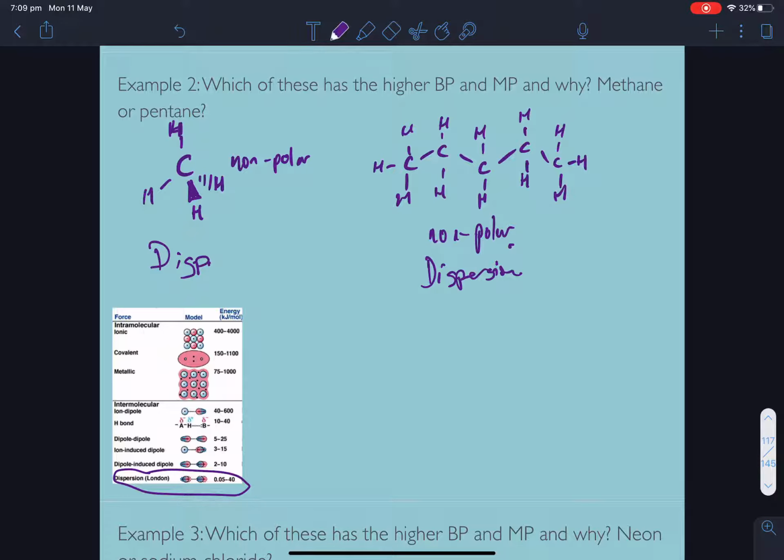So lots of little interactions between them. So pentane has more dispersion interactions between two molecules